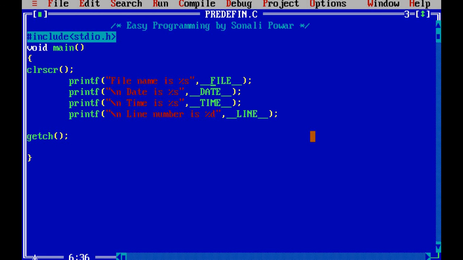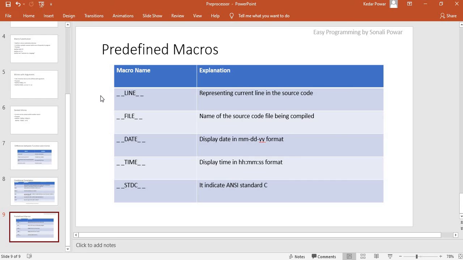So this is all about the preprocessor directives. I hope you understand this concept,